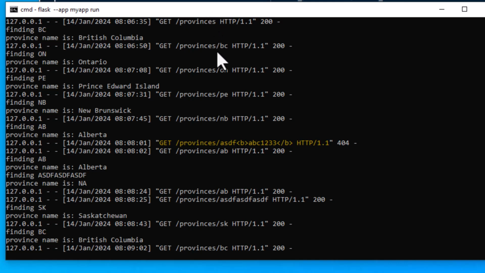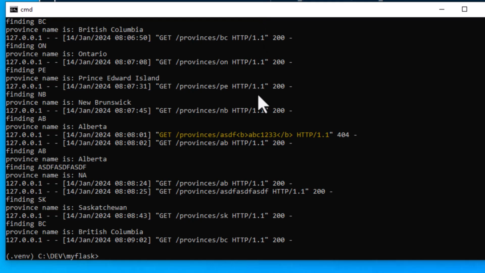And so going back to our console here, you can see some of the feedback that we put into our coding, finding Alberta, province name is New Brunswick, on each of the calls made to the Flask server there. And so province name is Prince Edward Island. And so if you're doing some troubleshooting, you can leave output in the console, and that makes it very, very handy. Let's go ahead and use a Control-C for ending the Flask process,